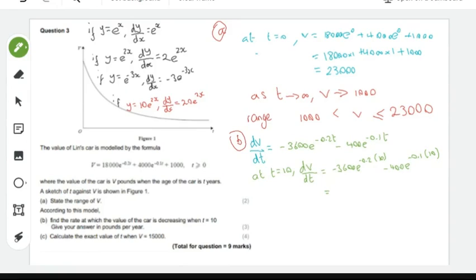Oh, you rounded up. If it's pounds and stuff, I'll maybe do 2 decimal places. Okay. So